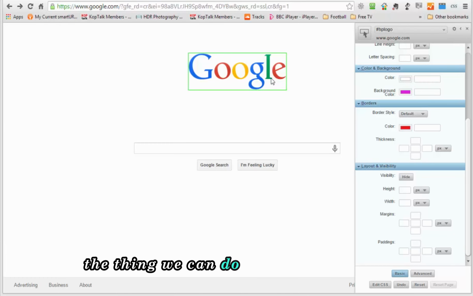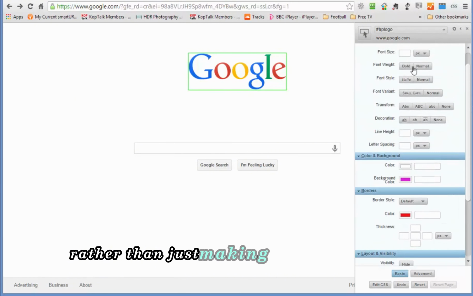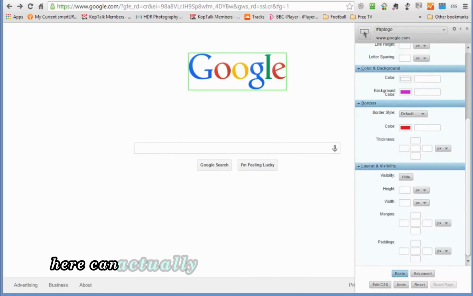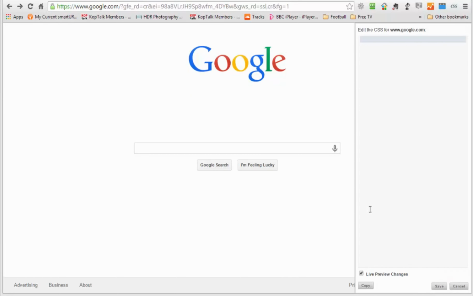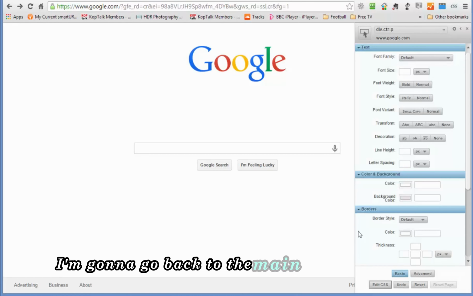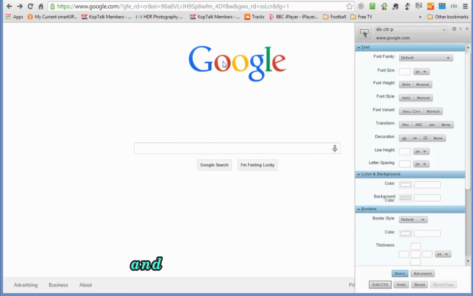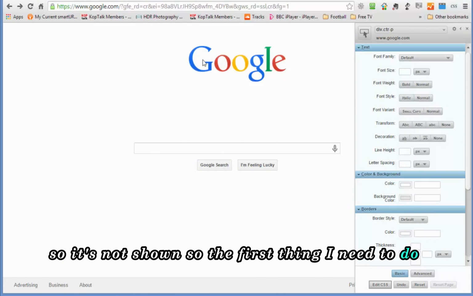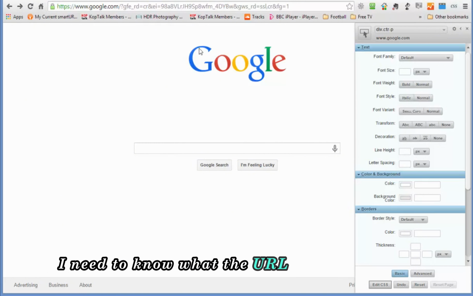The other thing we can do is we can add CSS rather than just making changes to these selections here. We can actually add CSS on the Edit CSS tab. Let's try something fun. I'm going to go back to the main screen for now, and I'm going to try to tile the background of Google with the Google image, and we'll get rid of the Google image up here so it's not shown. So the first thing I need to do is I need to know what the URL is of this